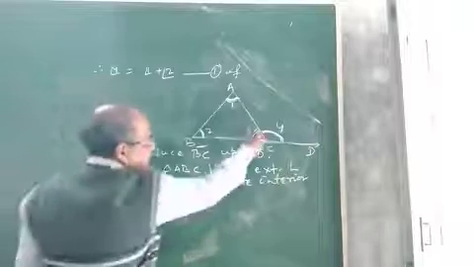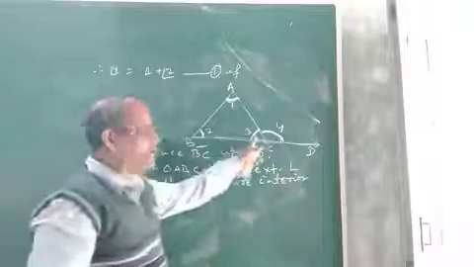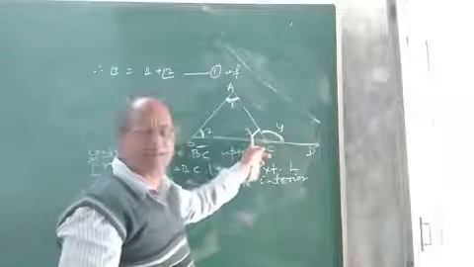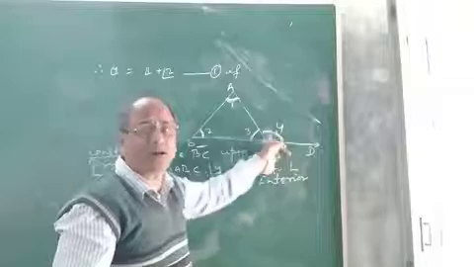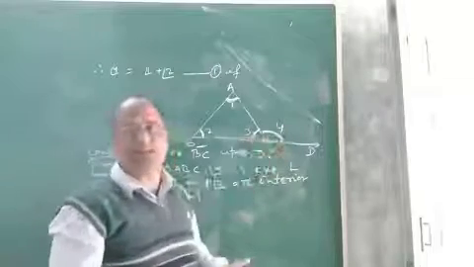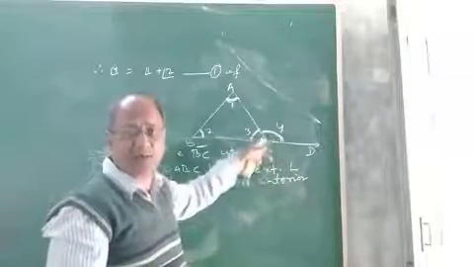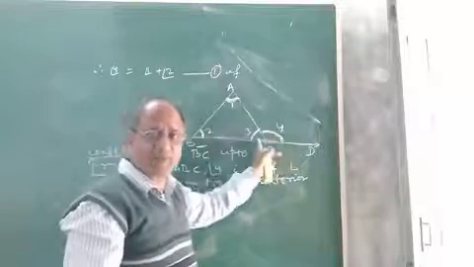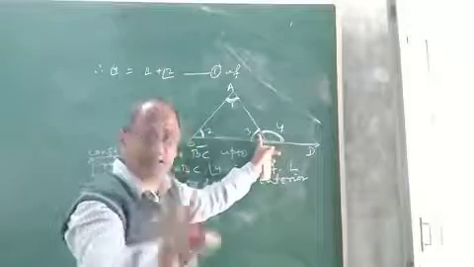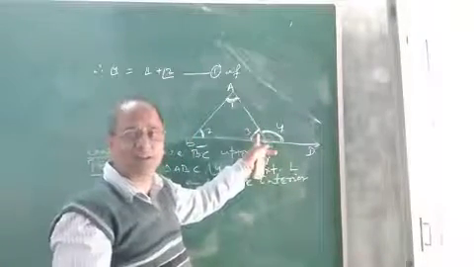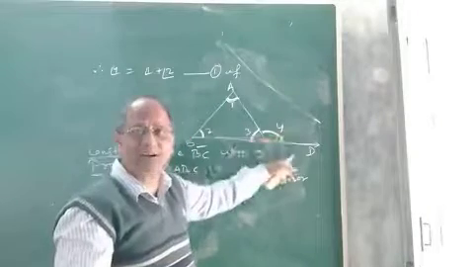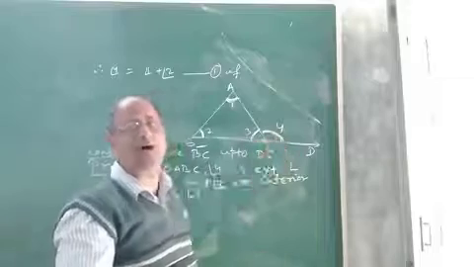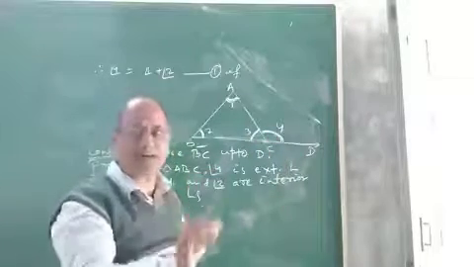Now look at this angle. When this is exterior, what is this angle called? It is interior adjacent. Now look at the interior adjacent and the exterior angle. What is the relation between angle 3 and 4? That means, what is the relation between an interior adjacent and its exterior angle? Every exterior angle has one interior adjacent angle. Children, clearly look at these two angles. They form a linear pair.